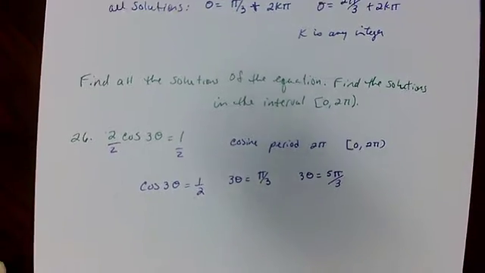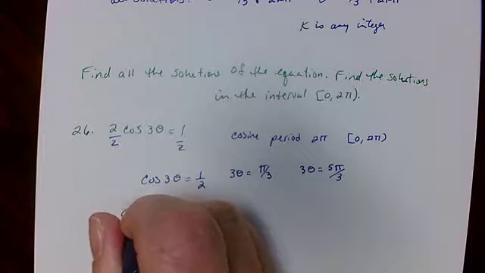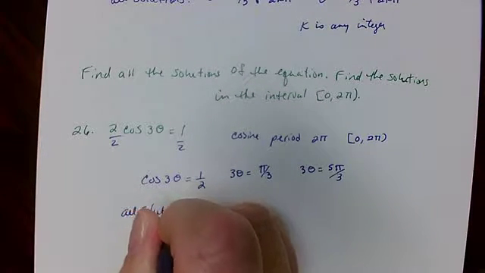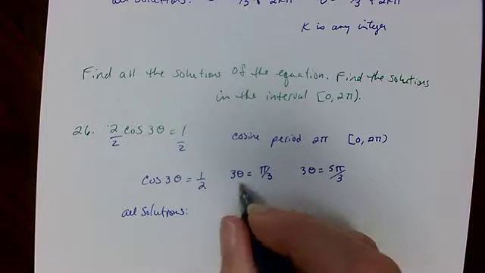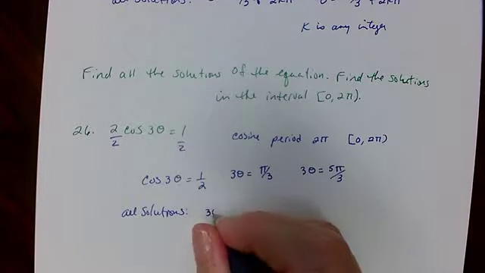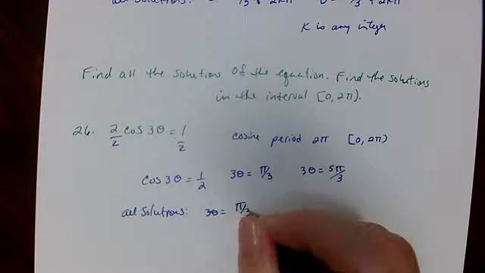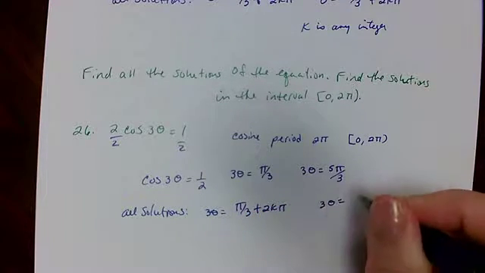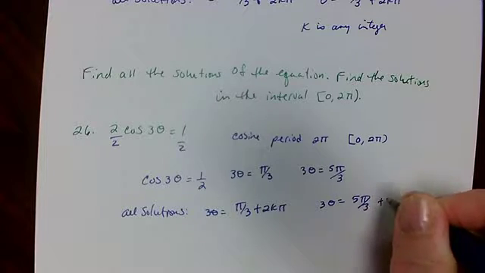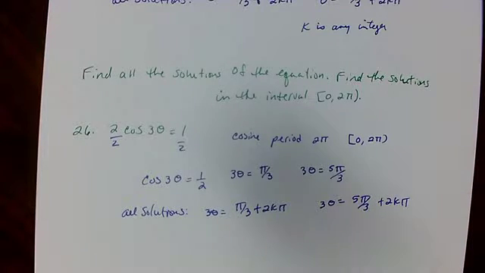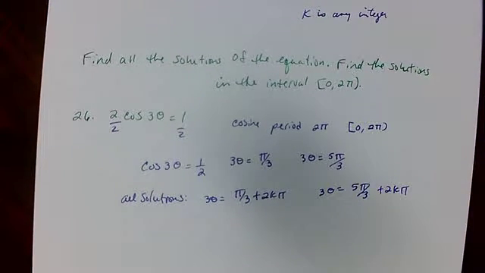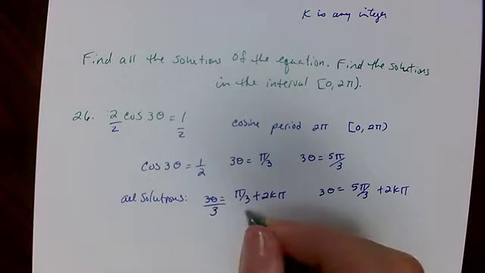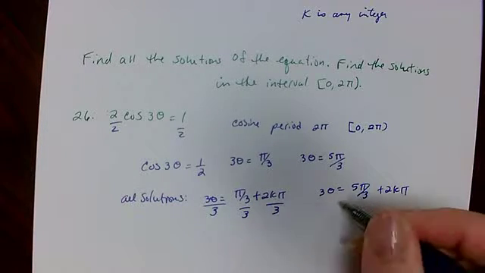So if we're looking at all solutions, then we're looking at 3 theta is equal to pi over 3 plus 2k pi, and 3 theta is equal to 5 pi over 3 plus 2k pi. Now, this is 3 theta. We really don't want to know 3 theta. We want to know what theta is. So how do we do that? We're just going to divide by 3 on every term,